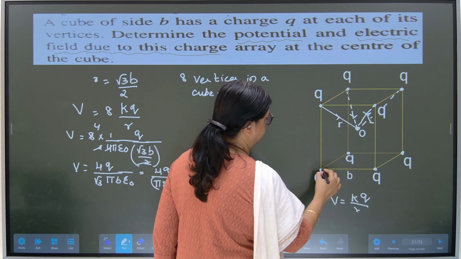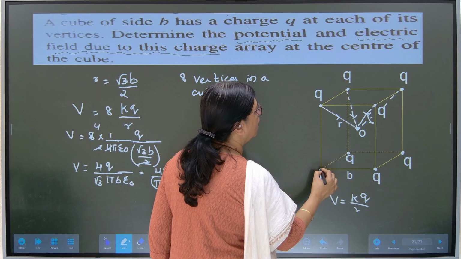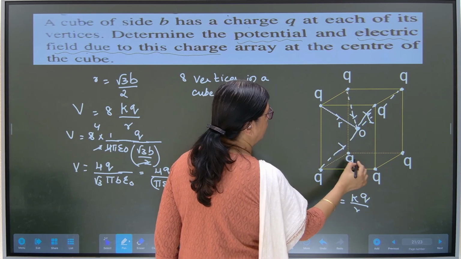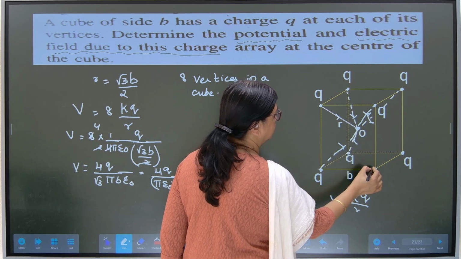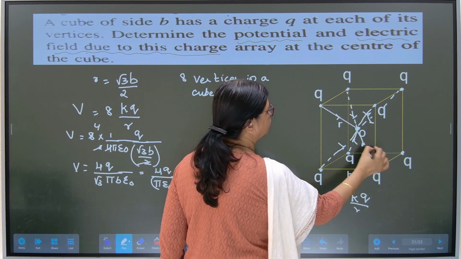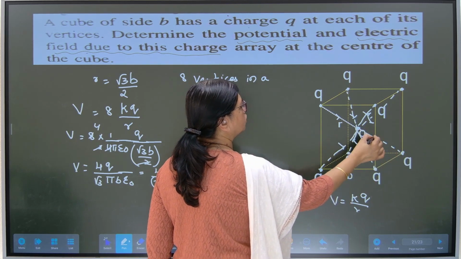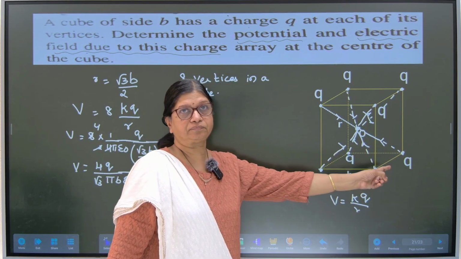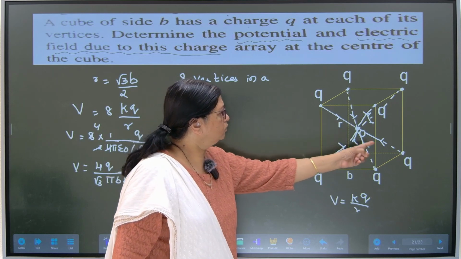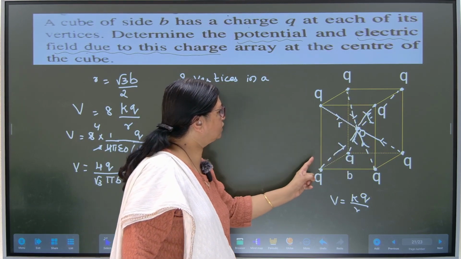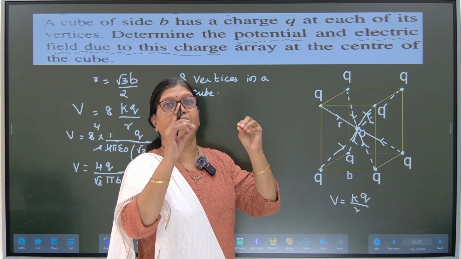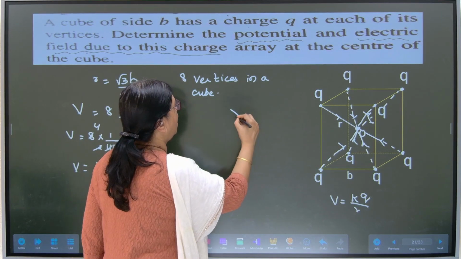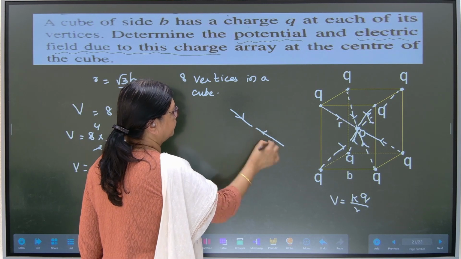4 vertex over. Now, as you can see, on the same line, this will also go towards the point. This direction of the electric field also will go towards the same point. This direction of electric field will go towards the same point. Now, on every line, from Q to this Q, or from this Q to this Q, or from this Q to that Q, all the direction of electric field on every line are opposite.